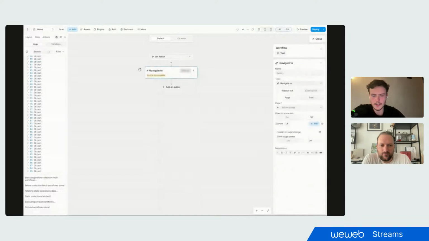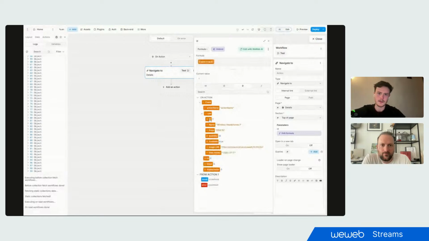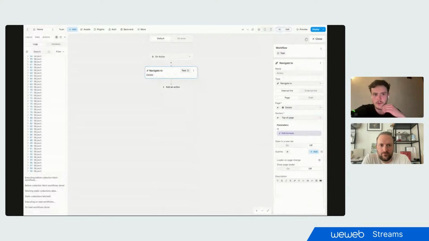You could choose your page, so the details page. And because you set up that parameter, it's already in here. And so you could bind this. And in, again, the lightning bolt tab, if you open up event, you have access to the row's data. And so you could bind it to be the ID. And so now, yeah, let's do it now. If you were to press this button,